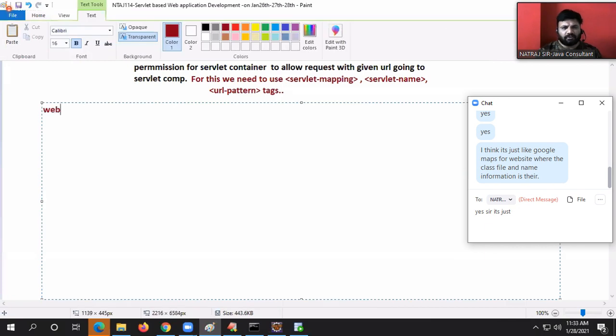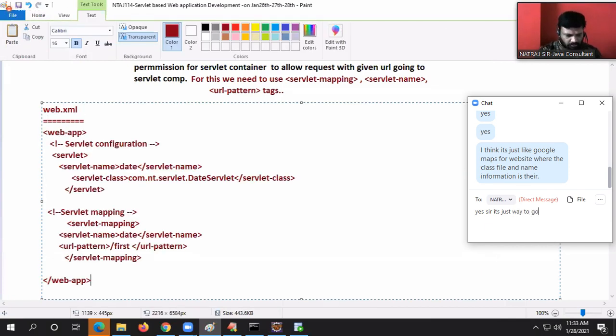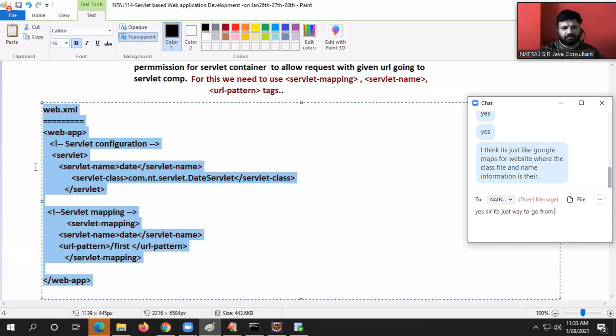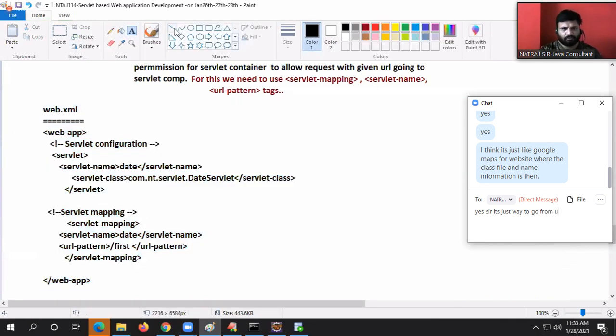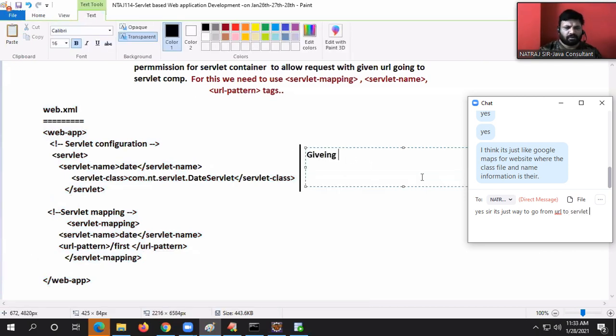So this is the web.xml file, guys. Here what we are doing is giving servlet component details to the servlet container.